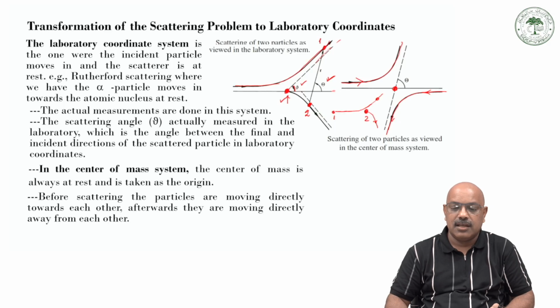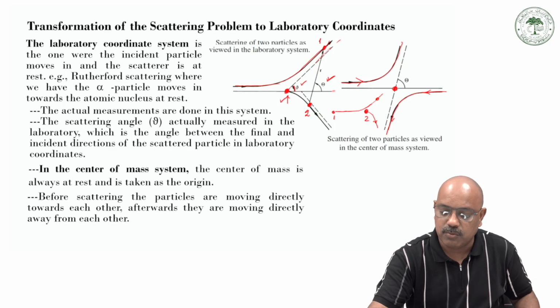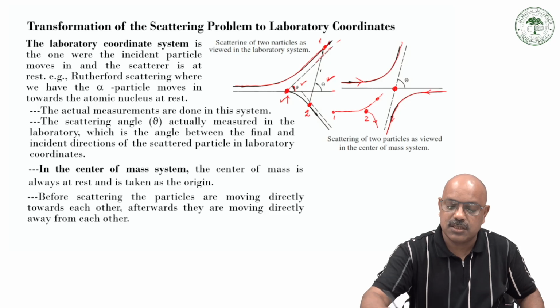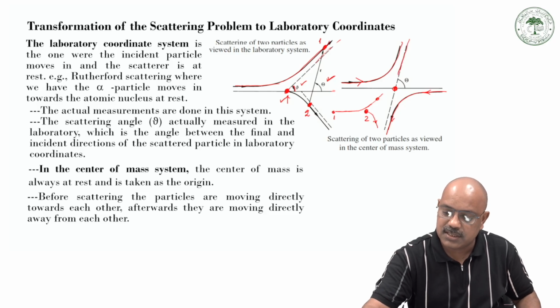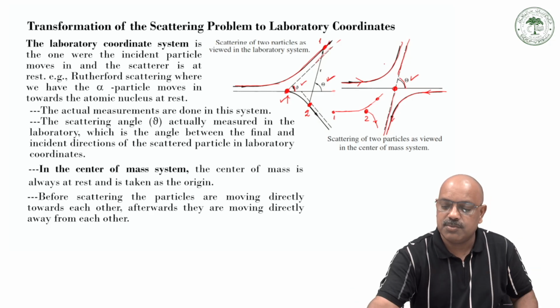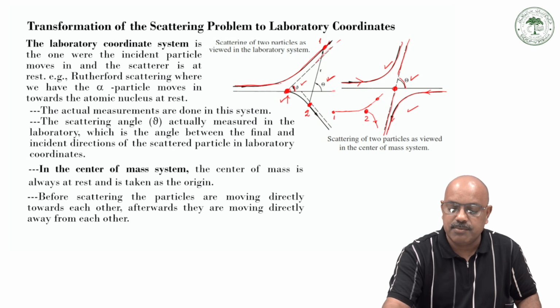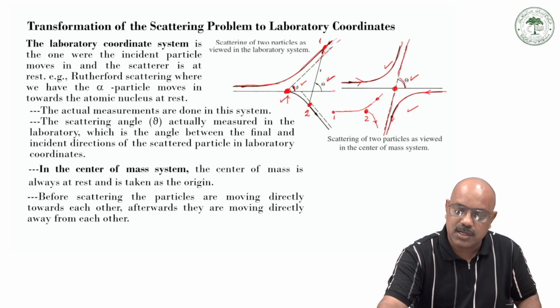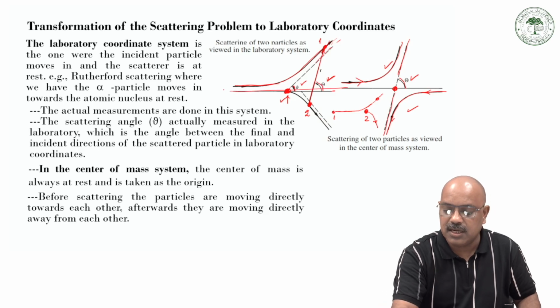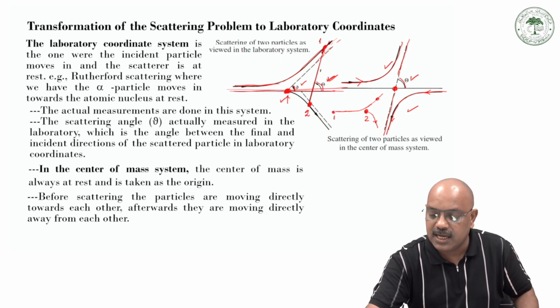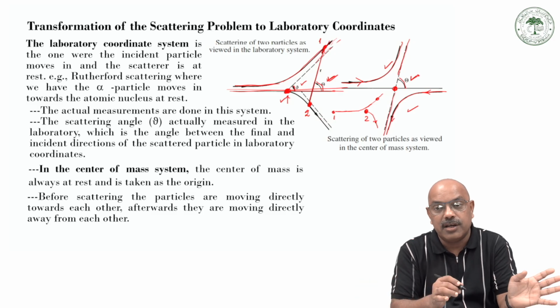That is the relative vector between the two particles. If you draw this vector, this is theta, the angle of scattering between this particle and this particle. By the same analogy, when this is at rest and a particle comes and then goes away scattered, and because of some recoil this one goes in this direction, the relative vector between these two particles makes an angle with the incident direction. That is going to be the scattering angle in the center of mass frame, not in the laboratory frame. Okay,